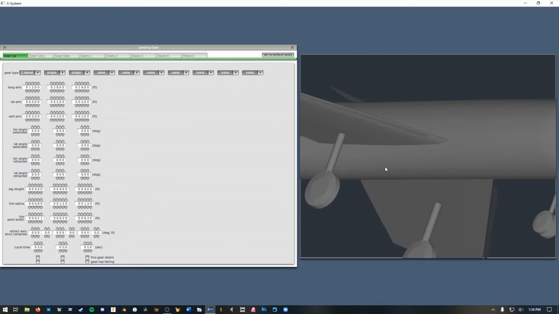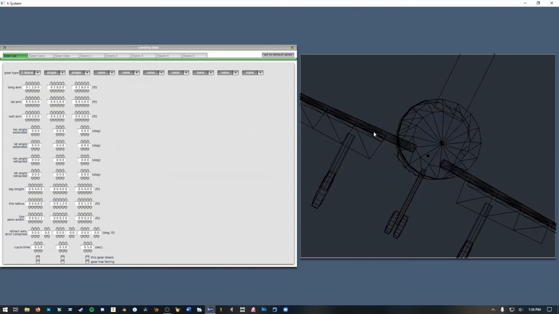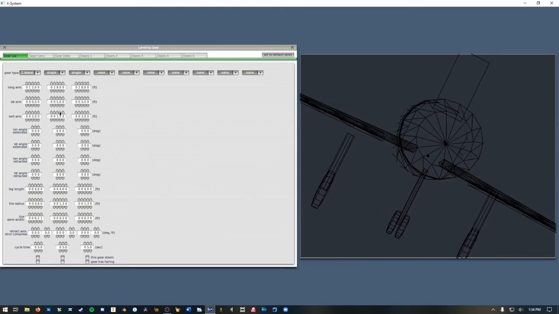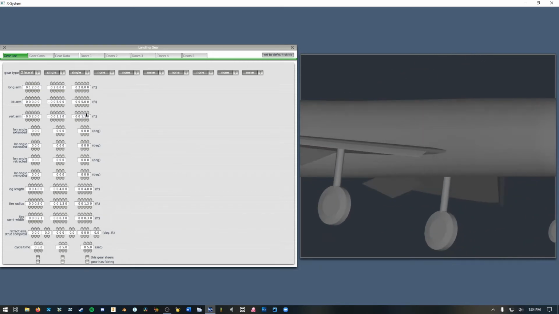a bit of a tricky thing to do if you have a really thin airfoil. But what you want to do is position your strut so that it's about halfway up your airfoil. So I'm just going to adjust these on the vertical until I'm happy with where they are roughly. So 1.1 feet looks like a good spot for these. So now I've got